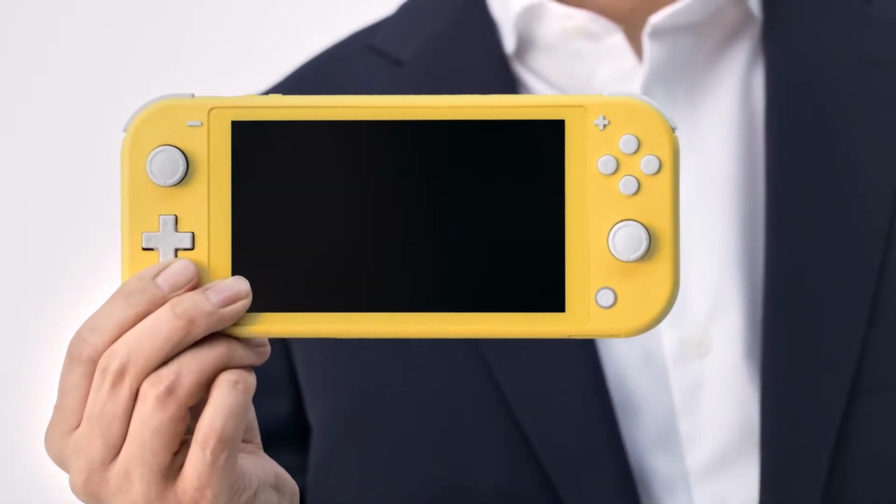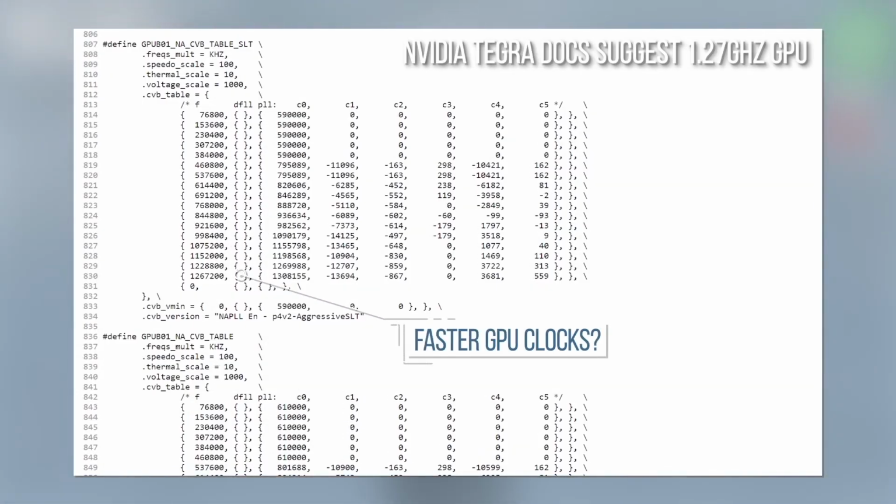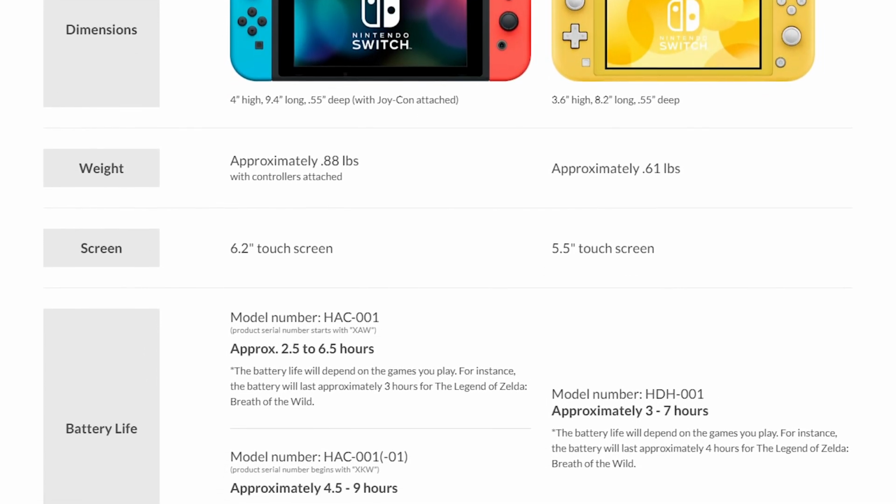Truth is, I was kind of hoping that Nintendo would do it themselves with the T2110B chip found in the Switch Mini and the new Switch refresh, but my understanding is that developers have been told to expect no new performance profiles for the new kit, even though the new processor is capable of faster GPU clocks. Truth is, the newer, smaller, cooler Tegra X1 is used for increased battery life only. Now that's a win, but I really wanted to see what would happen when the latent power inside the Switch